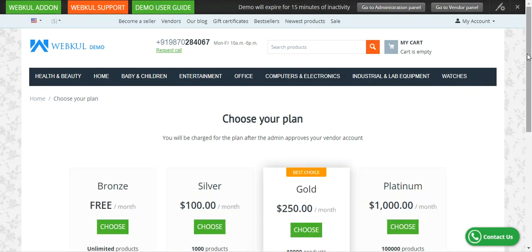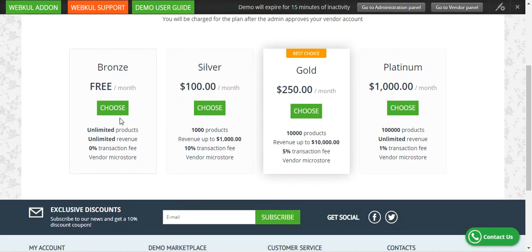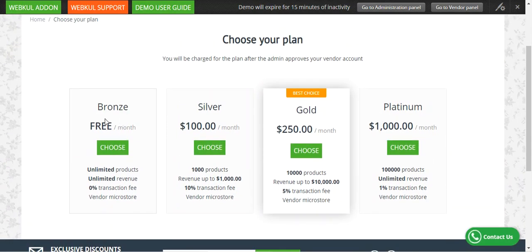So right now you can see that I'm at the CS Card web store front end, and here I have the become a seller option in the header. If I tap on become a seller, I'll be taken to a page that has the plans, and the sellers need to choose these plans before they register themselves within the store. So for example, if I go with the bronze one and I tap here on the choose option,